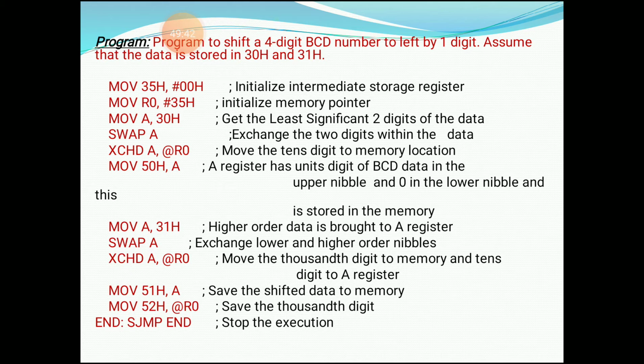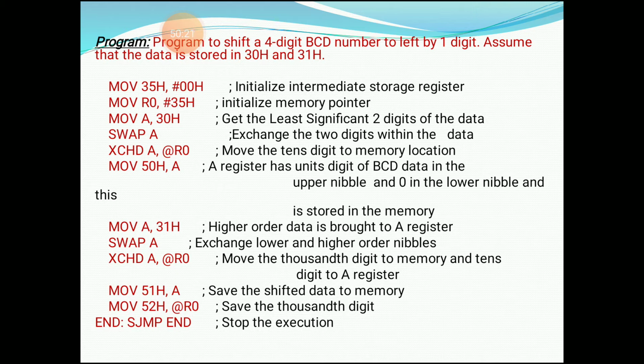This instruction interchanges the lower 4 bits of the accumulator with the lower 4 bits of the address specified in the register. So R0 contains the address 35. From that address, 00H is the data. Now the accumulator contains 43. So after the operation, the 43 becomes 40, and the address specified by the register contains 03H. Now the accumulator, which contains 40H, is copied to 50H. So now the lower byte after the exchange operation, that is 40, is copied to the 50H memory location.